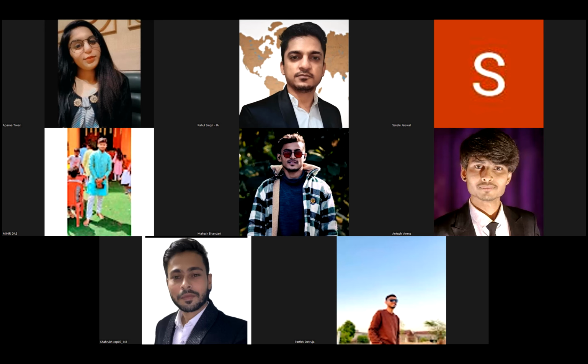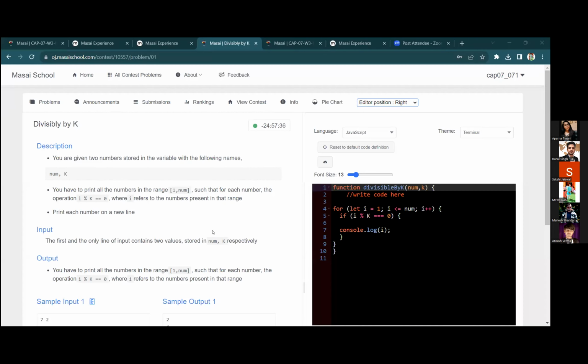मीर, आप स्क्रीन शेयर कर सकते हो? ओके सर। सर ये क्वेश्चन।